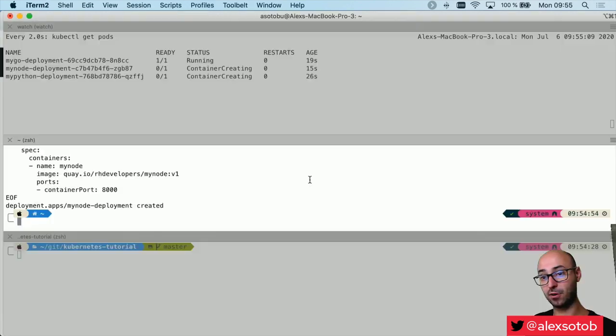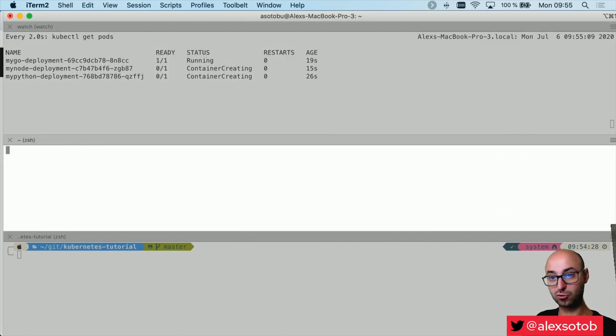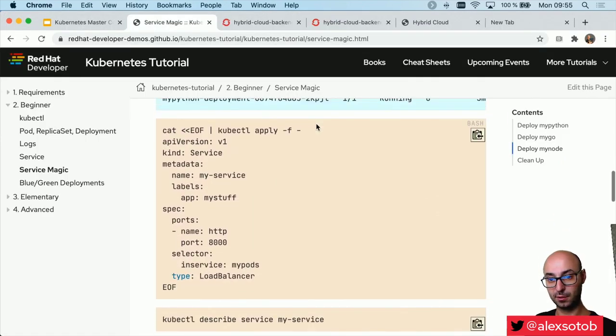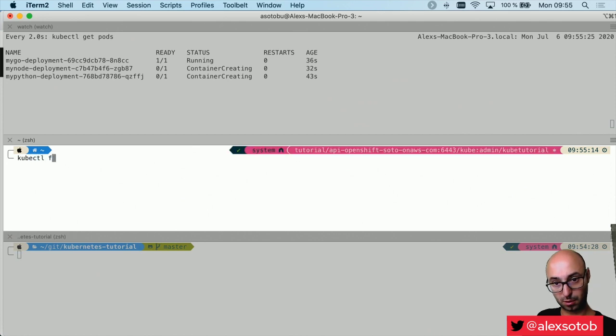Okay, so now I've got 3 services running. Remember, there is no service yet. Okay, well, now it's creating this. It's going to take a bit of time, but it's going to work. Let's see if it works. Okay, kubectl get